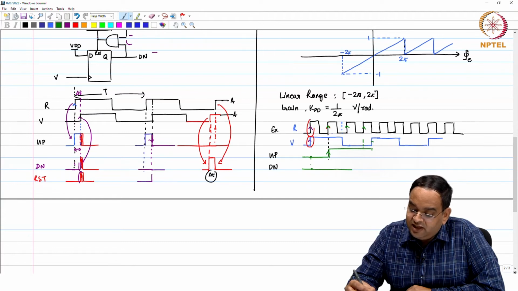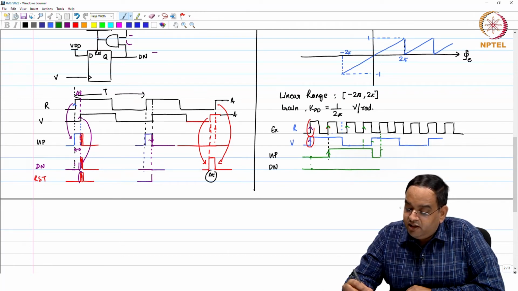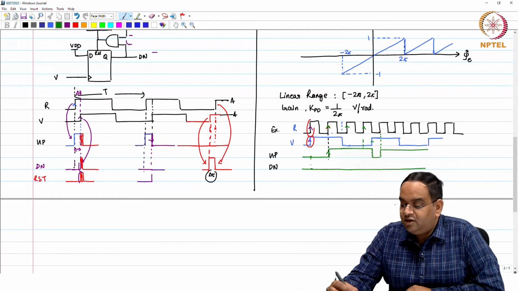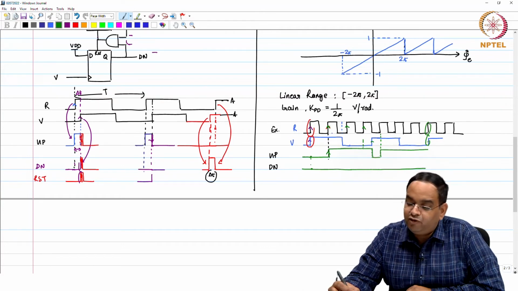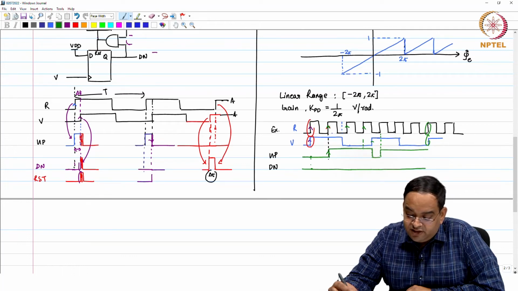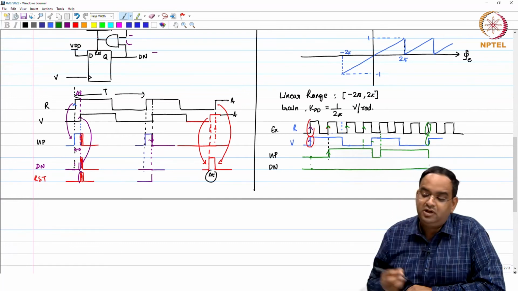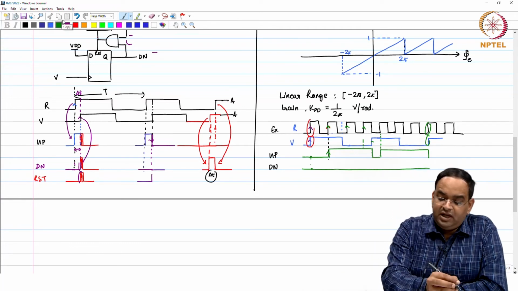So, when you get the rising edge on V, what happens? Your up will go down. And then at the very next rising edge on R, you again increase this, right. And then at this particular point, it depends whether they both come at the same time, or if your V signal is slightly before your rising edge on the up signal, then it will go down. So, here if you think about it,